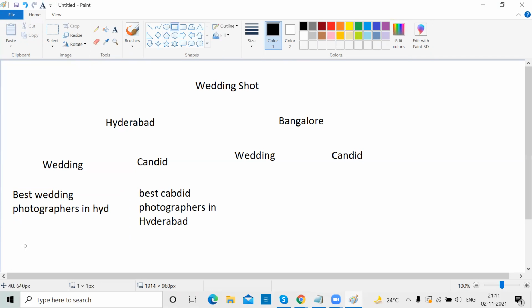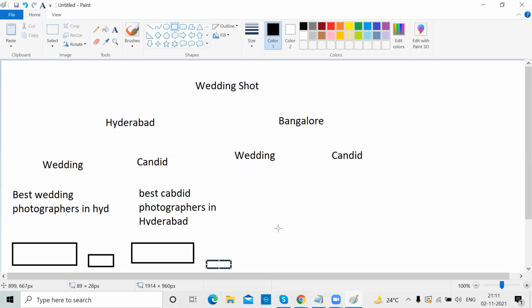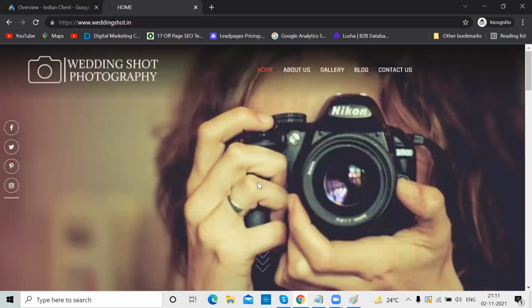Then to match that, I'll be creating an ad copy here. Minimum one ad copy should be there. You can create multiple ad copies too. Google decides which one to show. Sometimes this, sometimes this. The best performing will be winning. Then you have a blueprint now. Now directly go there and create it. But you understood what keywords you have to target. So for this, I'll show you one thing. This is a website we're running ads for.